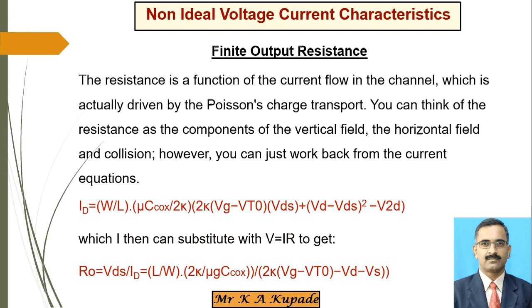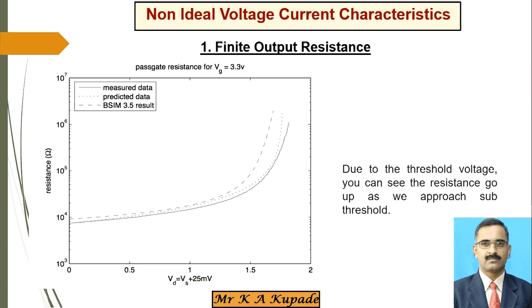And by using the IR equation, that means V is equal to IR, here R naught is calculated as VDS divided by ID, because VDS is applied across the drain to source terminals, and ID flows through the drain to source. That is the consideration on which it is calculated. Now the graph shows what exactly happens here. The graph shows that as the drain voltage VD is increasing,